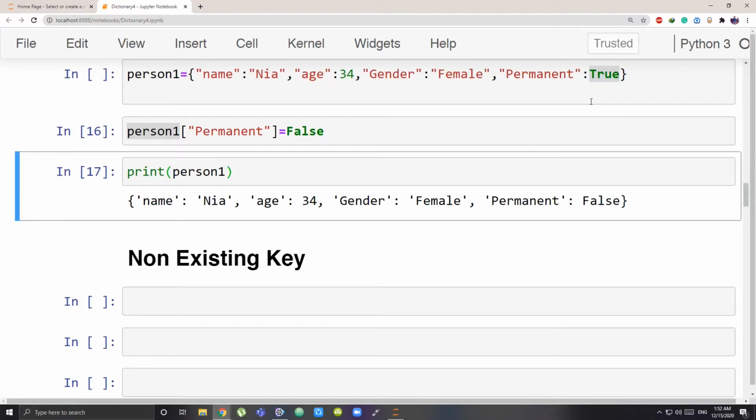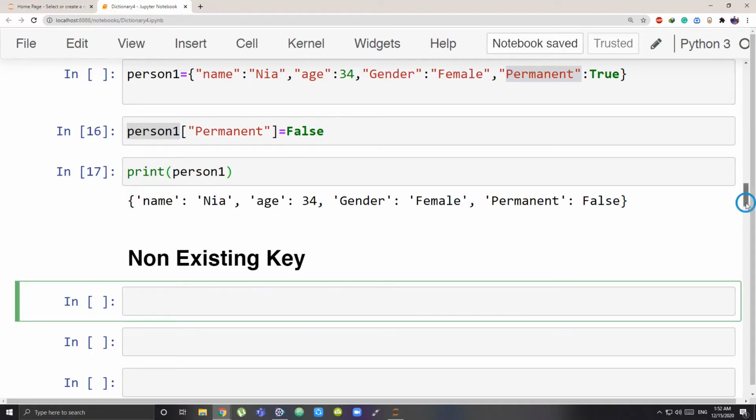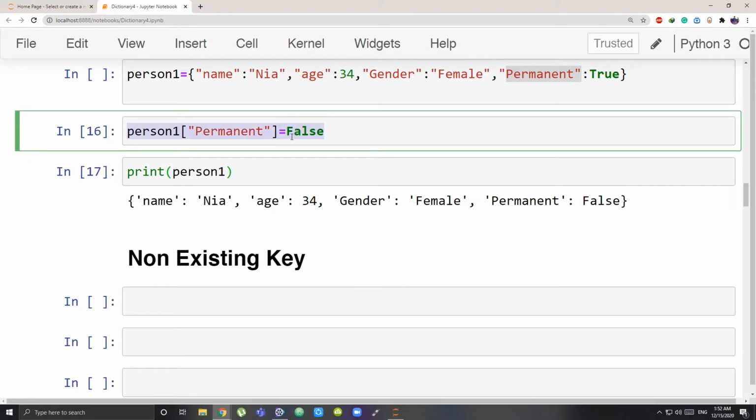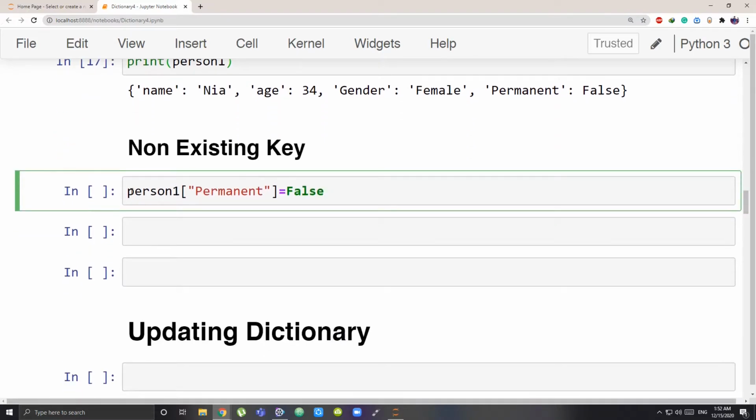So this was a change that I made to a key that was originally there. And suppose I want to add something, that is, I don't have a key and I want to add a key to the dictionary. What is the method? The method is going to be the same, the difference is you will have the name of the dictionary where you want to add something. Inside the quotes, you simply write the key that you want to add, the equal to operator will be the same, and then the value you want to give it.